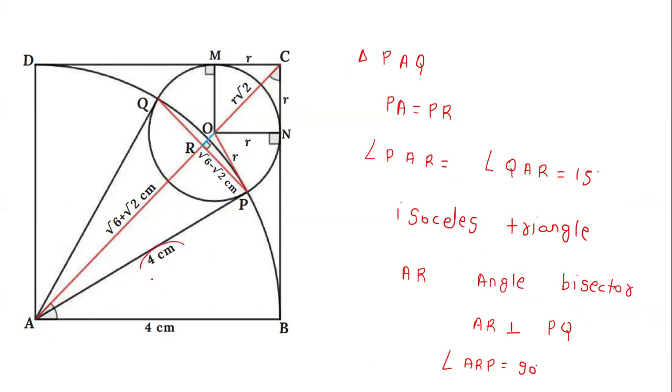And we also know this length is equal to this length. So if AR is an angle bisector and this length is equal to this length, this angle must also be equal to this angle. So this angle is the same in both, and this angle is also the same in both, so the third angle will also be the same. So here it will come like a perpendicular, because both are symmetric. So this angle will be 90-degree, and AR will also act as an angle bisector, and this angle is 90-degree here, because this length is equal to this length.